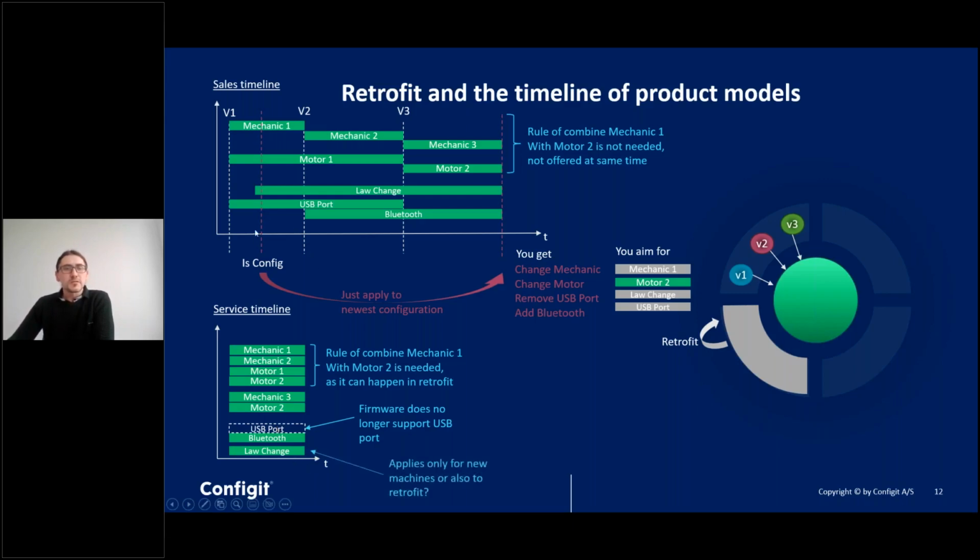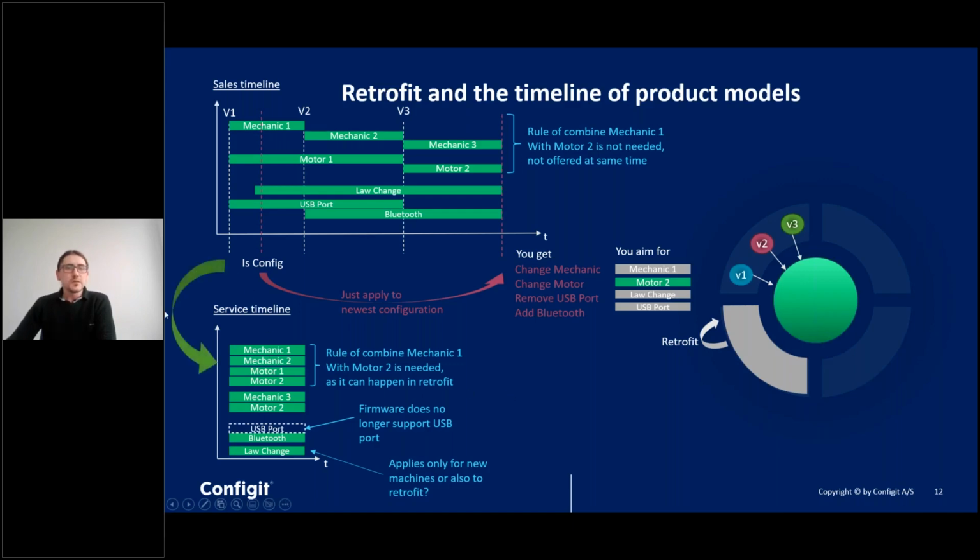And also the law changes. If the configuration was done before the law change, do you need to apply these now for a retrofit scenario to be up to date with the newest security laws and so on? Or can you still stick to the laws which were valid years ago when you bought the machine? So that might also be some details which have to be applied to a service model, just to mention a few of them. And if you have this model,